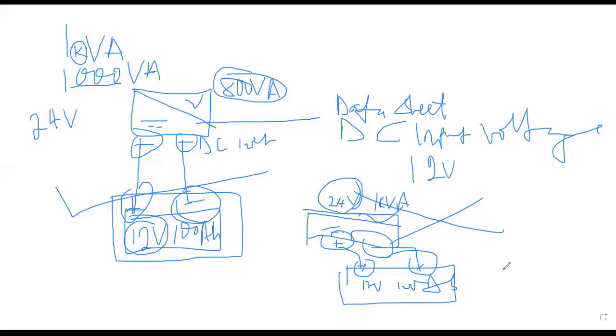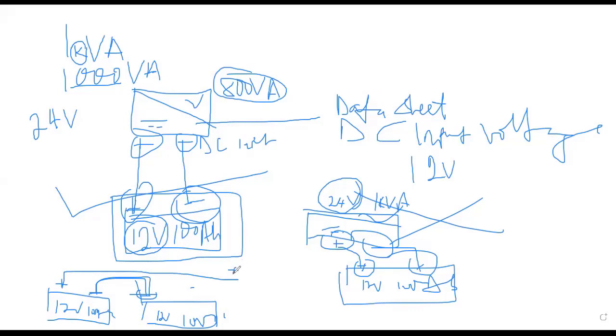A 24 volt system. That means I am going to require two of this battery. So I'm going to have one battery, the second one, plus and minus, plus and minus. So I'm going to have 12 volts, 100 AH, 12 volts, 100 AH. For me to get 24 volts, we'll still talk about battery extensively, I will need to connect this in series. Connecting in series means connecting the negative to the positive terminal, while you have the output positive terminal and the output negative terminal. These two terminals you will now connect to the positive and negative of this inverter. That means this inverter will be powered on because it is designed to work with a 24 volt battery system, and you have connected the batteries to form a 24 volt,